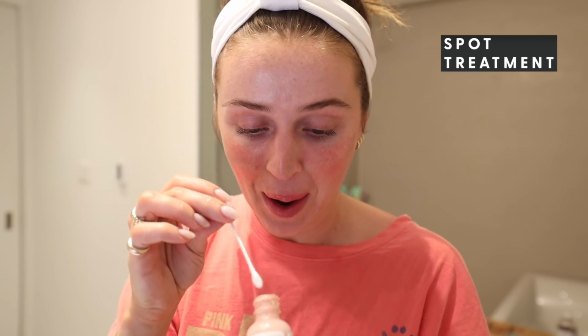Crucial step. So finally, sorry, I lied to you, it's not the last step. I'm still blind, I can't see in the mirror. I've got a couple of zits that are just freshly popping out here, so I like to use my Kate Somerville Eradicate on some fresh zits. Truthfully, honestly, sometimes I just use my toothpaste, but look at how disgusting this is. I have used this so much. And I just put that on any little active zits. It was mainly this big bad guy right there, but I just put it on a couple,